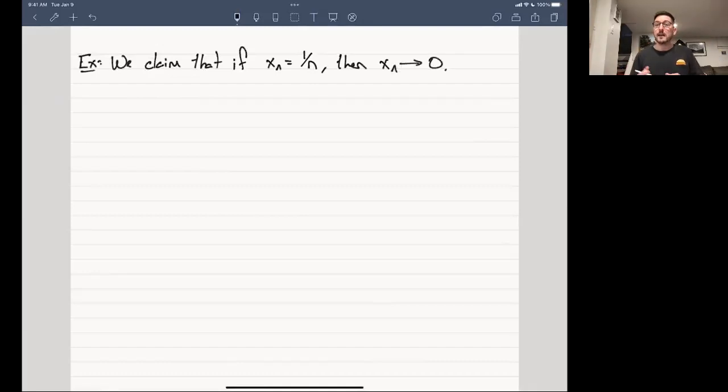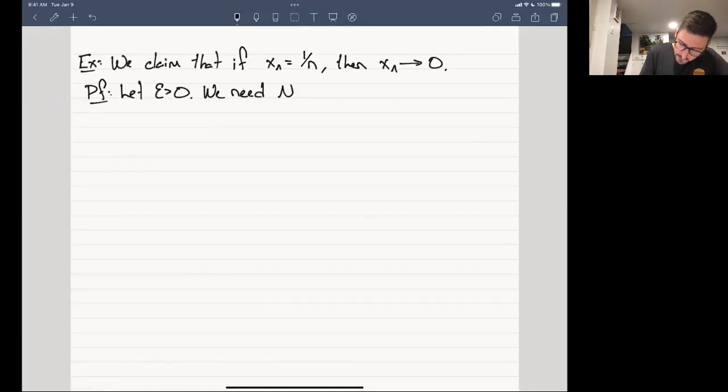So this says that if you define a sequence by 1 over each natural number, then this thing is converging to 0. So the proof here, PF stands for proof. The way that we're going to prove this is we're going to say, imagine epsilon has been given to you. I don't care what it is, just pick a positive number. Okay, so let epsilon be bigger than 0. Well, then we need, so if we want to show this thing is convergent, we need to find a capital N such that if I look beyond capital N in the series,